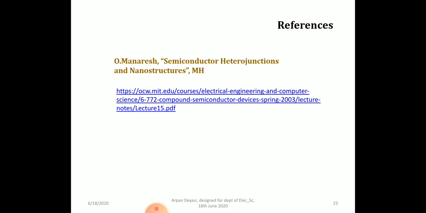So in the next class, I will go for inter-subband transition in the quantum well, and I will also incorporate the oscillator strength again for that derivation. Thank you all for